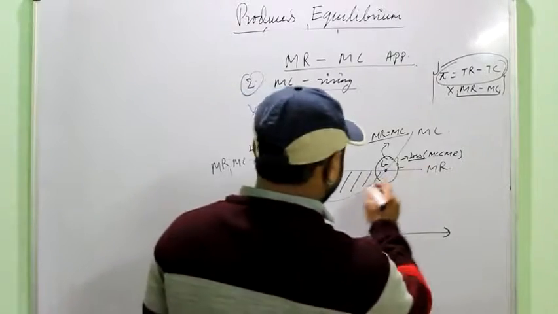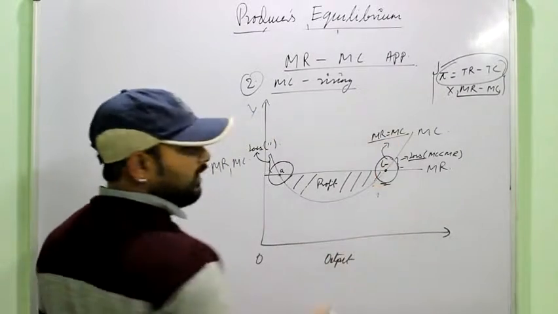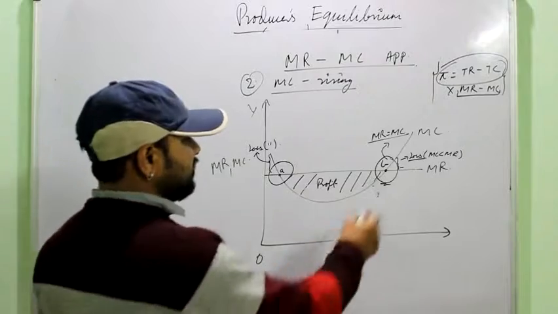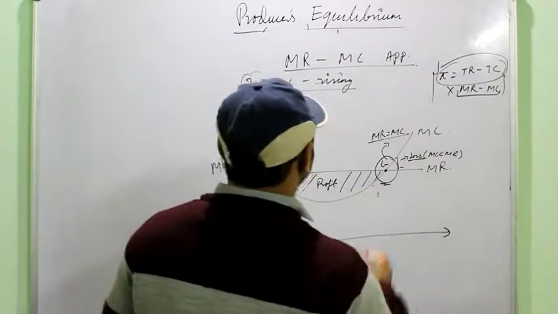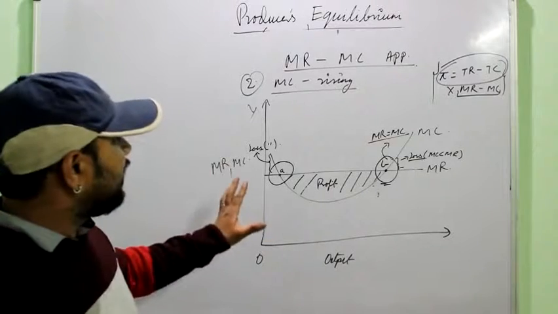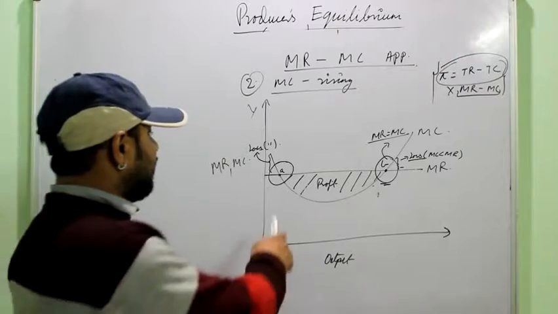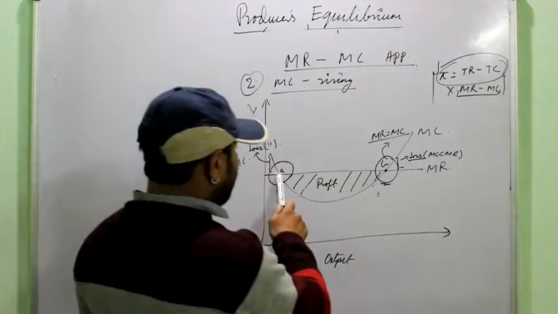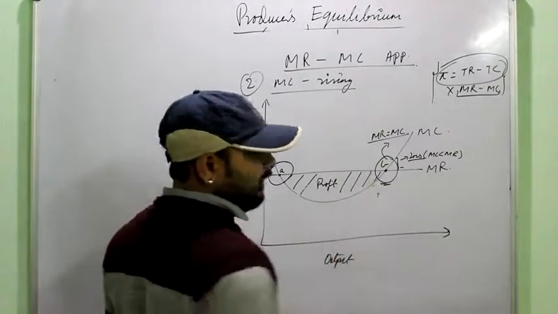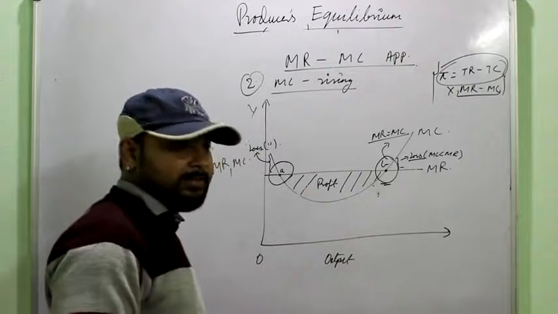So we can simply see that there are 2 points A and B where MR and MC are equal, but the equilibrium is established only when MC starts rising, right? So for explaining this condition, again you need the diagram. You have to draw the diagram if this particular condition is asked, and explain that the producer earns the profit after point A, and for maximizing the profit he has to reach till point B, because after point B again the loss starts, right?